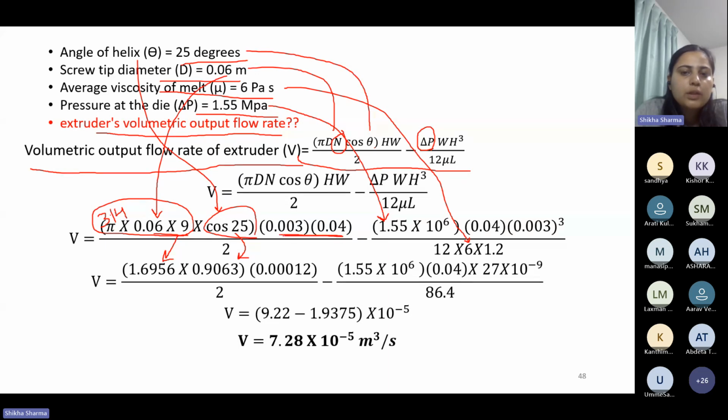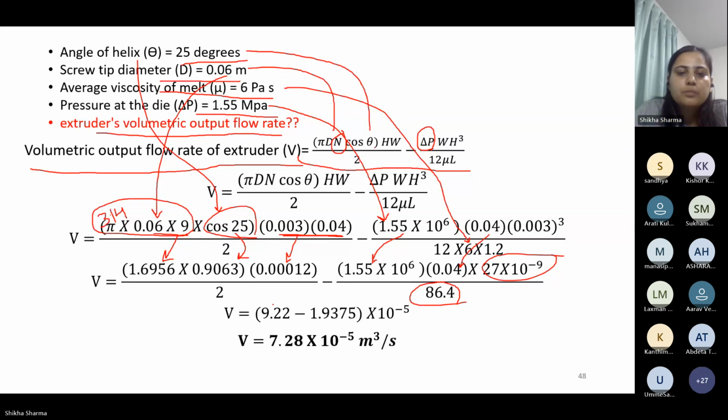Multiplication of this will give 0.00012, divided by 2, minus 1.55 into 10 to the power 6 multiplied by 0.04, and 0.003 cube is 27 into 10 to the power minus 9. Divide by 12 into 6 into 1.2,